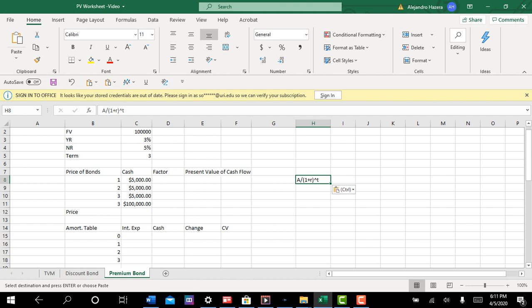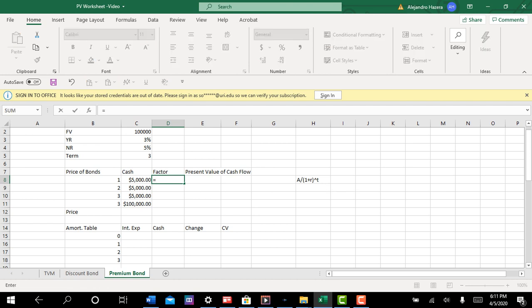That's equal to the amount. This is the way it's generally done. So our factor for the first year is going to be 1 divided by 1 plus our yield rate, which is not 7% anymore, it's 3%, and we're going to raise it to the number of years, 1. And then for the second year, I know I could copy this down, but I'm being detailed about it. For the second year, it's going to be 1 divided by 1 plus